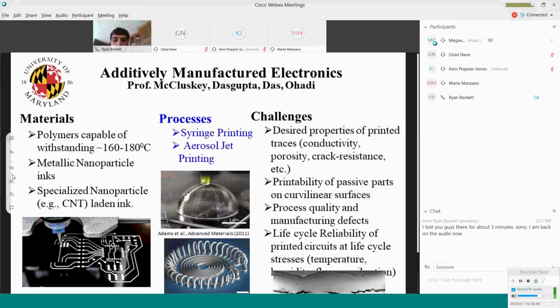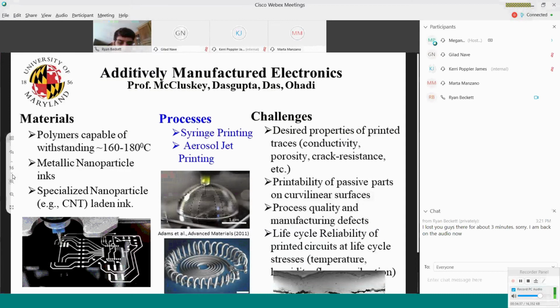So can we print the same lines, and can we print the same wires that you would print on a printed wiring board, a flat printed wiring board? Could you possibly print those by 3D printing on a dome to make an antenna? Or could you print them on a flexible piece of material that you might wear as clothing? Or could you print them onto a curved surface like the wing of an airplane? And so the first thing is to see if we could print the circuits on 3D materials.